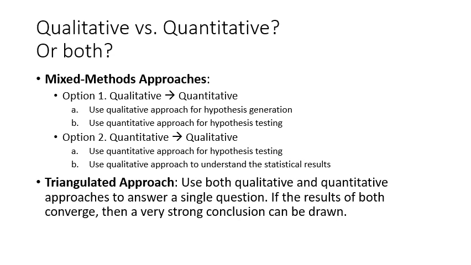So what should we do? Do we have to choose one or the other? Or can we use both? And there are two approaches that use both. First is a mixed methods approach. In that option, we take qualitative studies, so we explore the topic of interest using these interviews, and from what people tell us, we design an experiment or a quantitative approach. So the qualitative approach is used for hypothesis generation, and the quantitative approach is used for hypothesis testing.